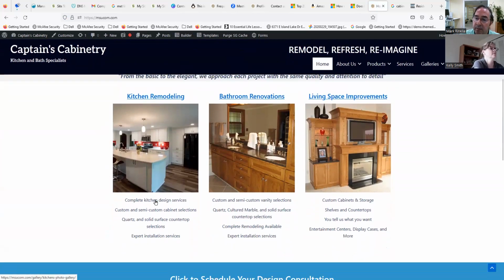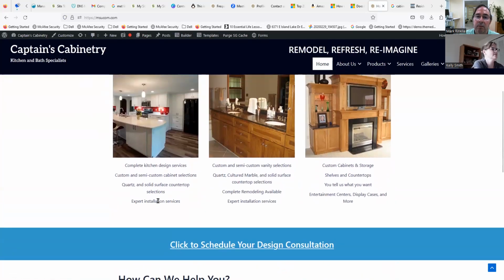Okay. Do you want a full width now? My next question: it says "click to schedule your design consultation." Instead of that, because we are big in countertop replacements, I wanted it to say "Mid-Michigan countertop replacement specialist," and then have that linked to the countertop